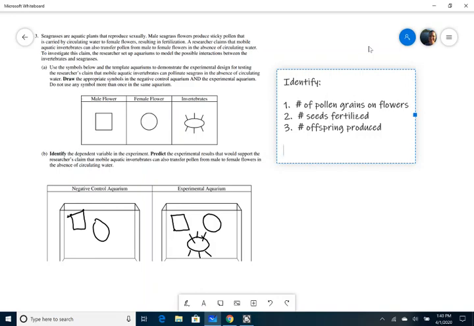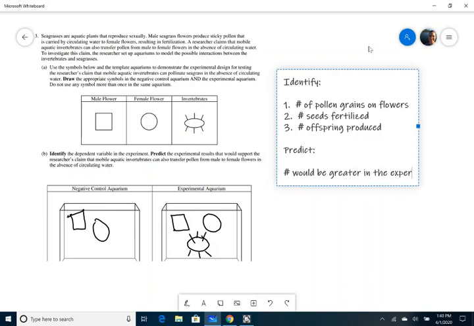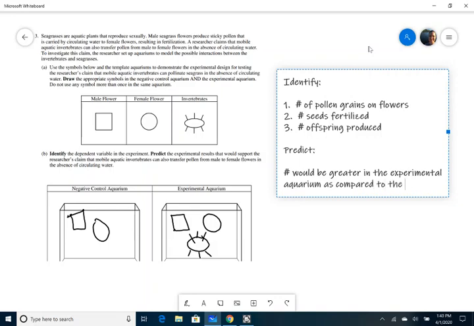And so then the second part of B is to predict. And so you would predict that the number of flowers or the number of seeds or the number of offspring would be greater in the experimental. And so that's it. That's how you would answer